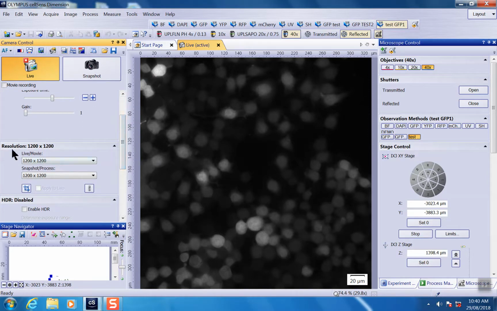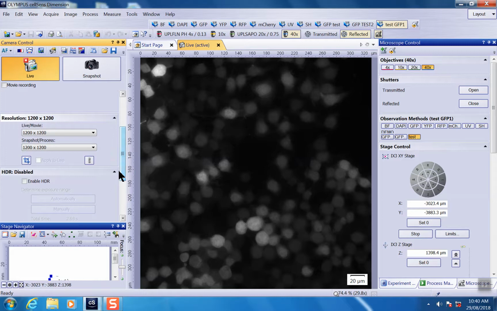Down here you have the resolution, which offers a couple of options based on your camera. For this camera, the maximum is 1200 by 1200, and you can bin it to 600 by 600. This gives you a choice: either you want to do it in live and movie mode, or you want to do it in snapshot or process. It means when you do an experiment, what kind of quality of image you want to capture. They have a crop